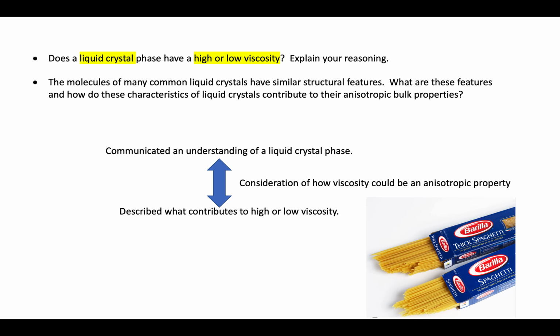Folks went to the same analogy that I introduced in class, thinking about uncooked spaghetti. And what did it mean to have uncooked spaghetti display a certain ordering when it was in the box? But if you open it up, what did it mean to have that quite readily flow out? And what that would mean, having it quite readily flow out in one direction, but perhaps not in a different direction. Some really nice discussions then of how the liquid crystal phase, amongst its properties that were anisotropic, would be viscosity.